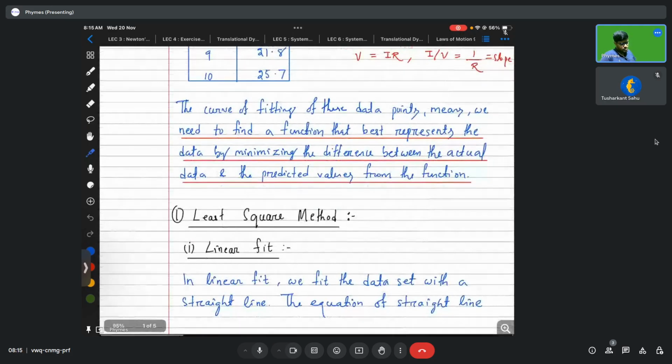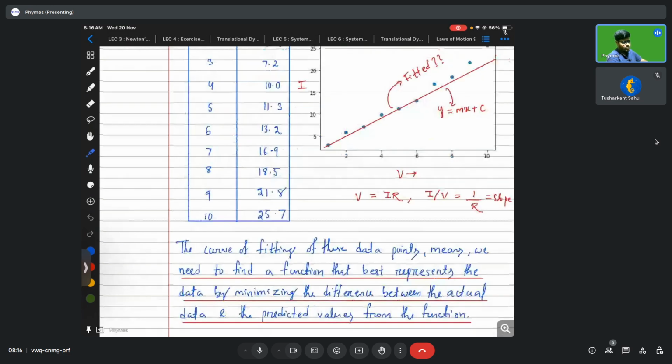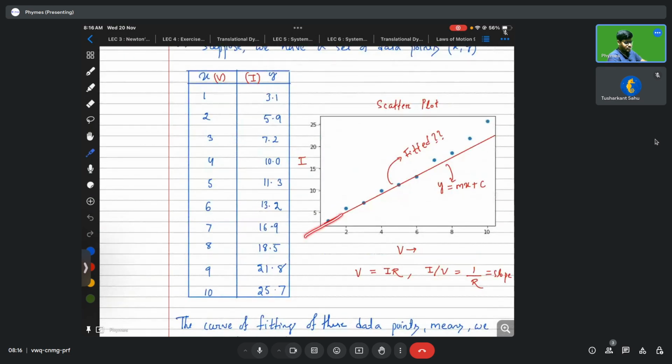So what is the least square method? In this method, first let's discuss the linear fit. In this linear fit, we fit the data set with a straight line, right? The data points are represented by a straight line,